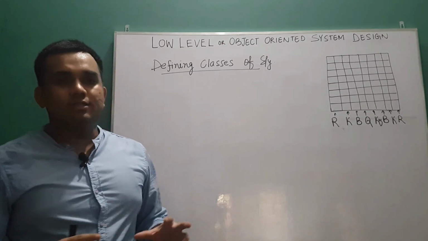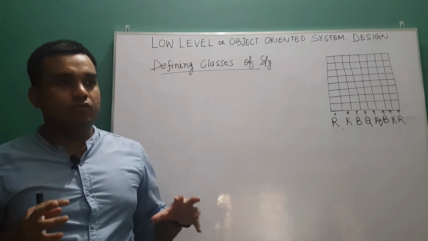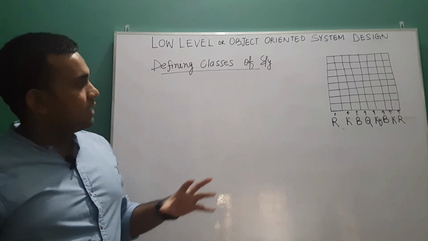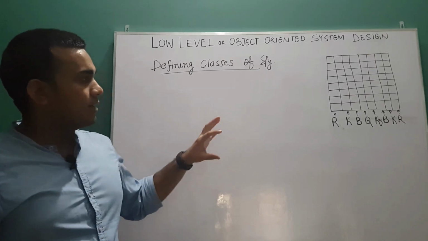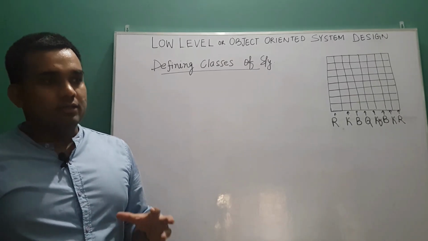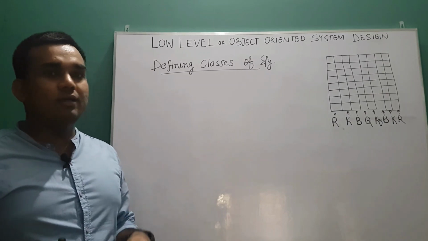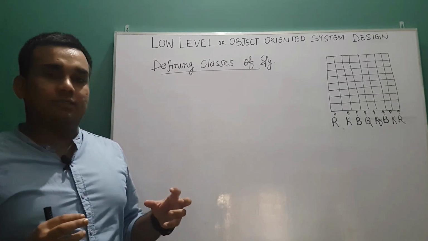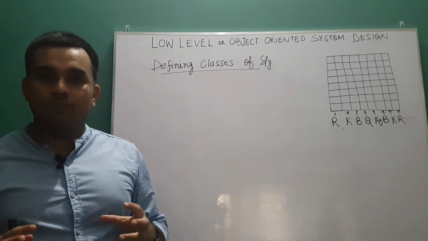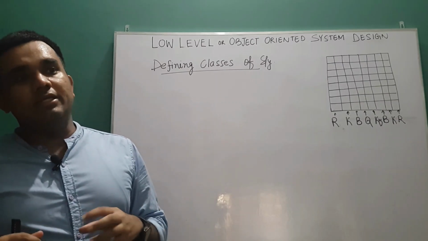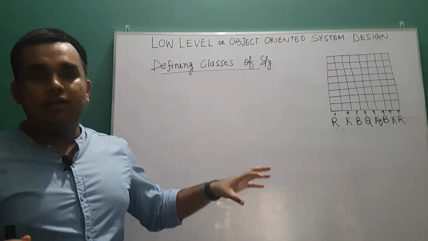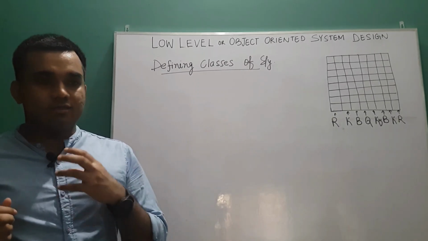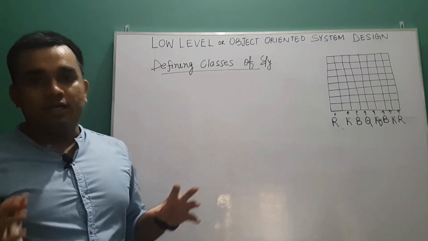Whenever you are given a system to design, few people will always think from the top, like, okay, there should be a game controller and that will control a game, or there will be a player and all those. That is correct, the game controller will be there, the player will be there, but how will you reach all the classes smoothly to avoid confusion? My experience and my tip is that you should start with the basics: find the smallest entity or the smallest class which can be created inside our system.